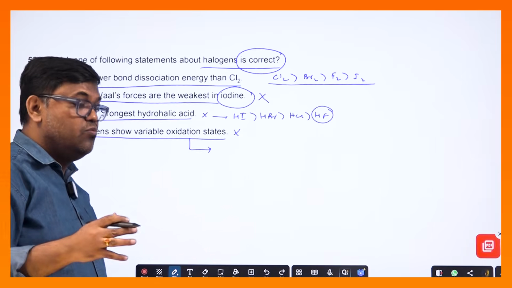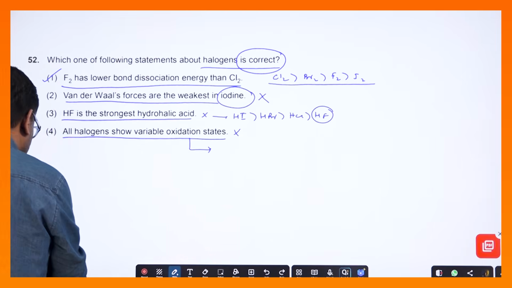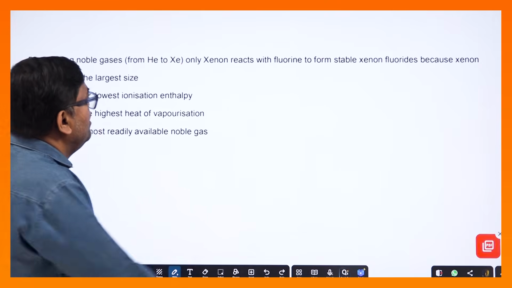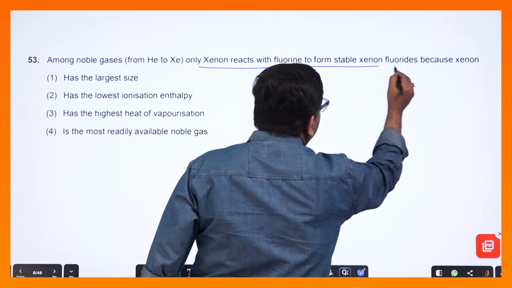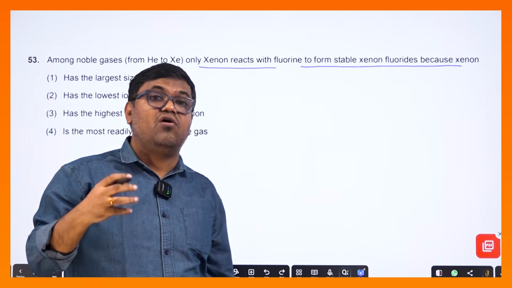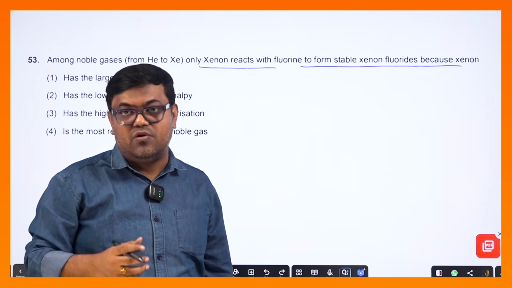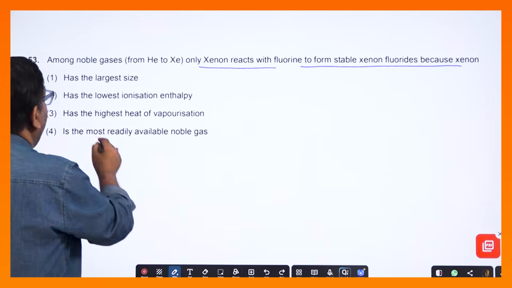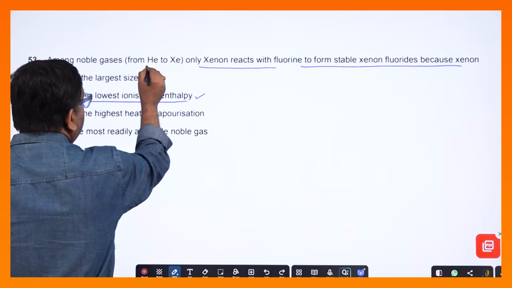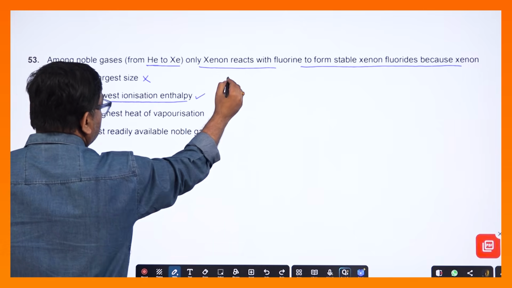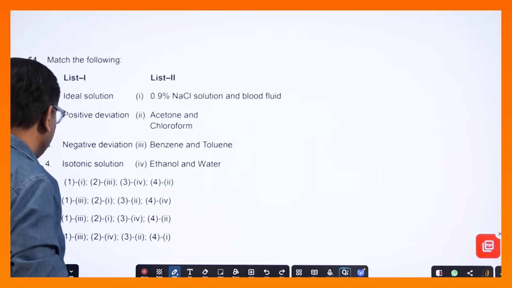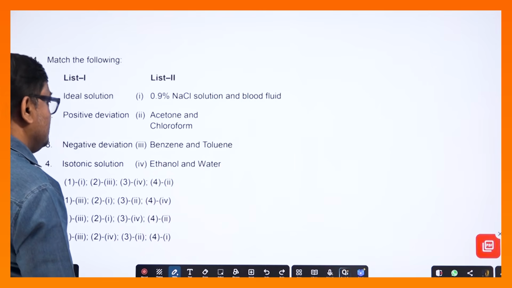অল হ্যালোজেন শো ভ্যারিয়েবল অক্সিডেশন স্টেট, একদম ভুল। ফ্লোরিন কম্পাউন্ড ফর্মেশনে শুধুমাত্র -1 দেখায়, ভ্যারিয়েবল দেখায় না। ক্লোরিন, ব্রোমিন, আয়োডিন সবাই দেখাতে পারে। তাহলে নেক্সট কোশ্চেনে চলে যাচ্ছি। অ্যামং দ্য নোবেল গ্যাসেস, only xenon reacts with fluorine to form stable xenon fluoride। কেন? কারণ জেননের আয়নাইজেশন এনার্জি কম হয়, কারণ এটা কার সঙ্গে সমান হয়? O2+ এর সঙ্গে সমান হয়। এই জন্যই দেখেন এখানে অপশনে পাই কিনা। হ্যাজ লার্জ সাইজ, ফালতু কথা। হ্যাজ লোয়েস্ট আয়নাইজেশন এনার্জি, নোবেল গ্যাসের মধ্যে উপর থেকে নিচে গেলে কমে যায়, এই জন্য পেয়ে গেলাম অপশন অ্যান্সার 2।